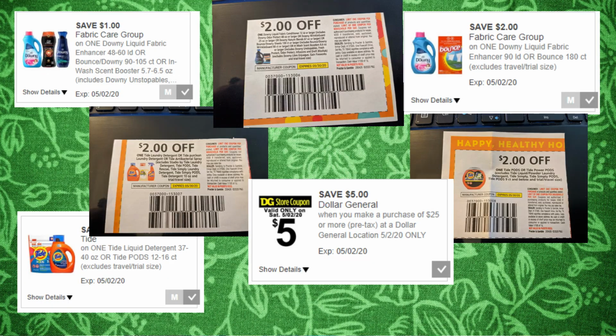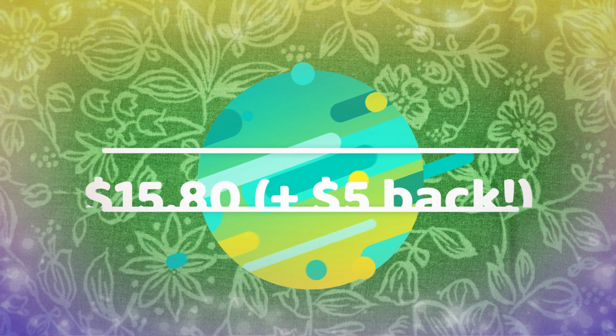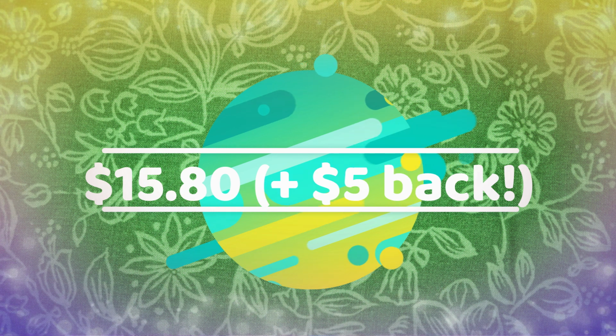Your subtotal before tax should come to $31.80. And after all of your coupons and your $5 off of $25 come off, you're looking at an out-of-pocket cost of just $15.80. So we've basically already taken half off of what we were paying, but we're going to pay even less